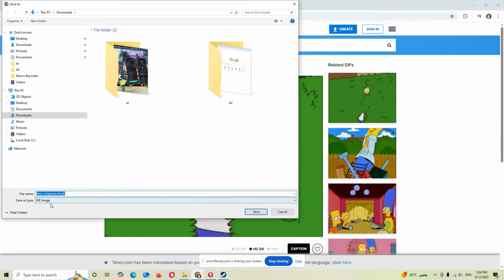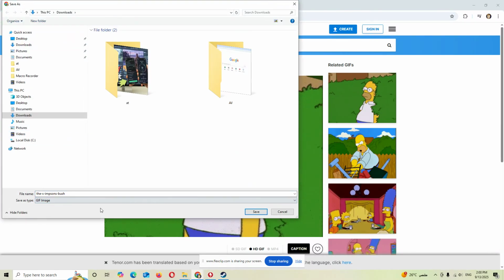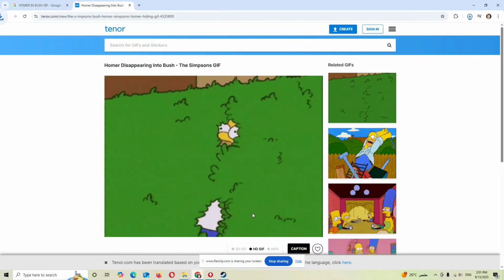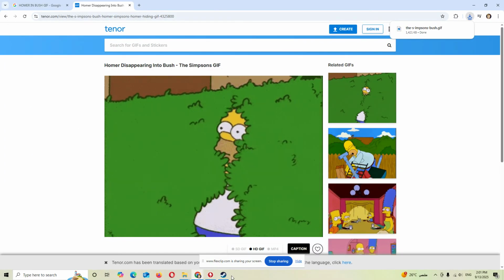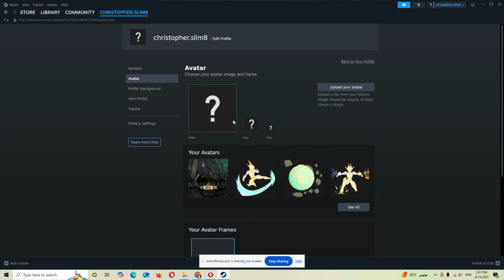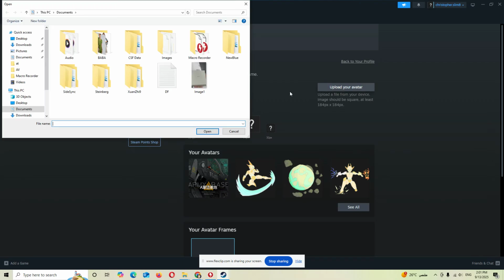It's gonna save the type as GIF image, but if it's not as a GIF image, you're gonna choose it, then click on save and it's downloaded. Then you're gonna go to Steam, click on your account, then click on avatar. After that, you're gonna click on upload your avatar,